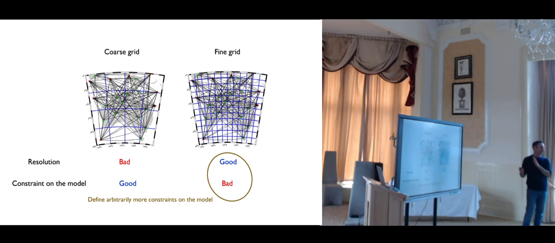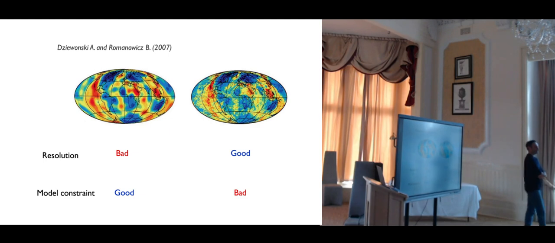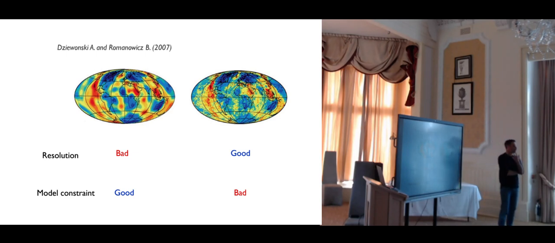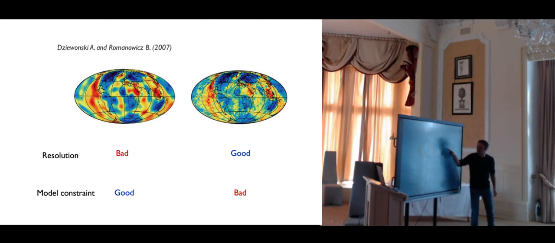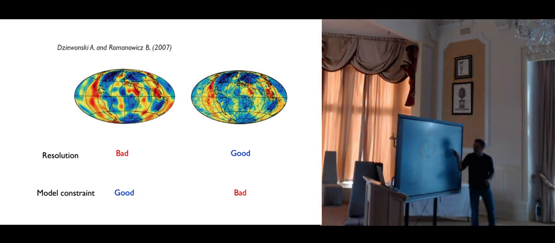Okay, so here I'd like to show you a couple of examples of when this happens in seismology. This is a first example with global seismology. This is a global map of surface wave velocities. And we have two maps that are obtained with exactly the same data set, but with different parametrizations. And there is no way to quantify uncertainties here. There is no way to say this one is better than this one, because we lost the ability to quantify uncertainties. And so we might be very interested in the small details, maybe somewhere, because we have a geological question and we may want to interpret things there.